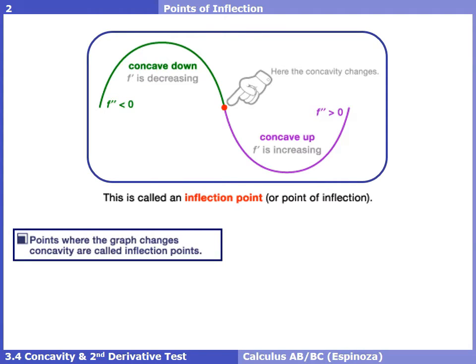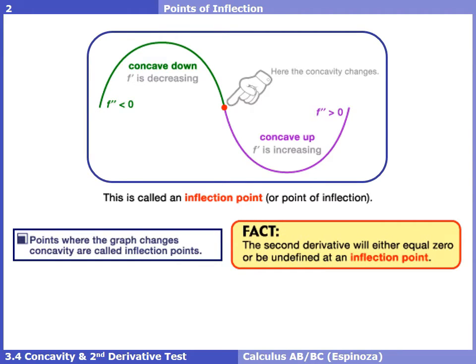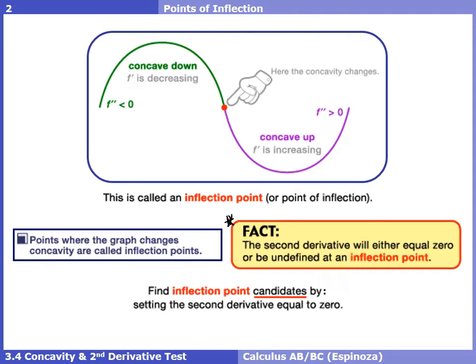That's just a point where the graph changes concavity, either from concave up to concave down, or concave down to concave up. The fact you're going to have to take away from this is that right at that point we have a neutral concavity, so to speak. At these inflection points, the second derivative is 0 or undefined, kind of like a critical point. But we're using the second derivative to find these inflection points. But here's one big thing you're going to have to remember when we find these, or possibly find these inflection points. If you find where a second derivative is either 0 or undefined, all those points are candidates for being